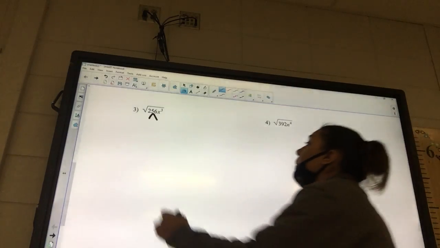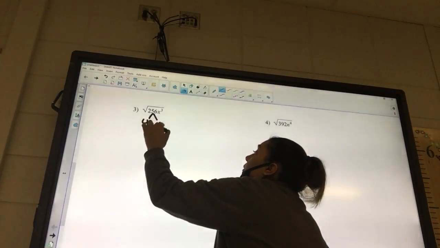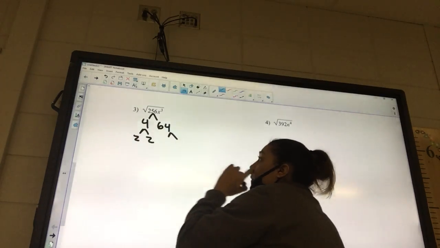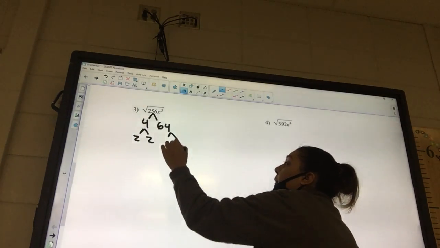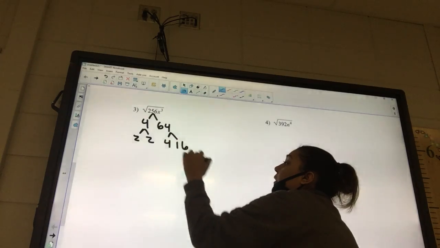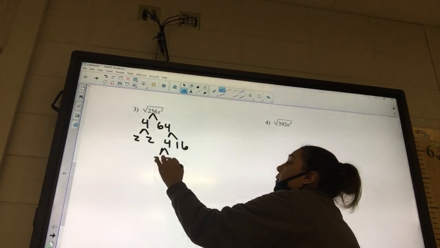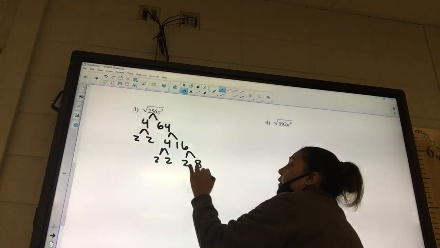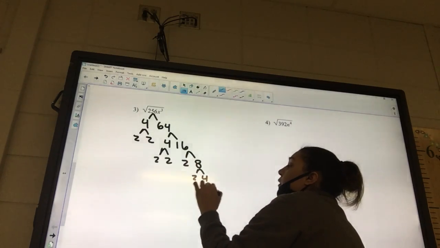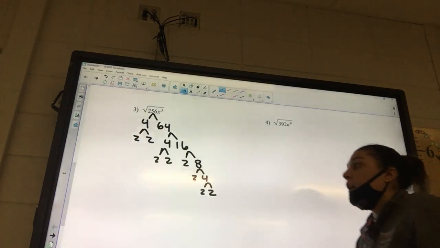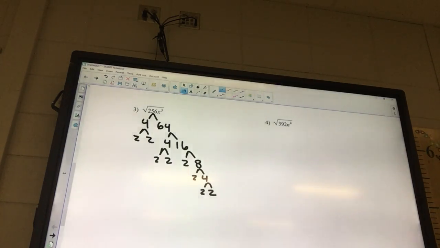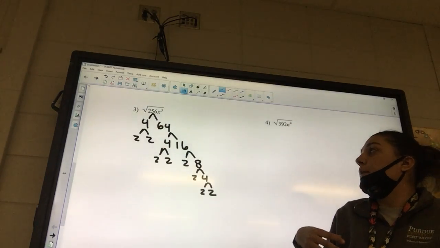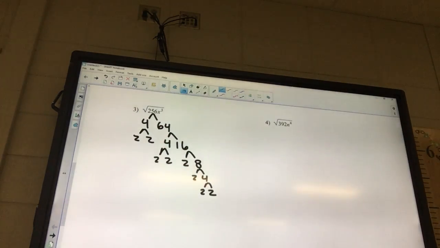4 and 64. Okay, can 4 keep going? Yeah. So 2 and 2. What about 64? Yes. 4 and 16? Okay. We have 2 and 2. 16. We got 2 and 8. 2 and 4. 2 and 2. Okay? So we know we have everything factored because if you follow the tree down, it's going to give you